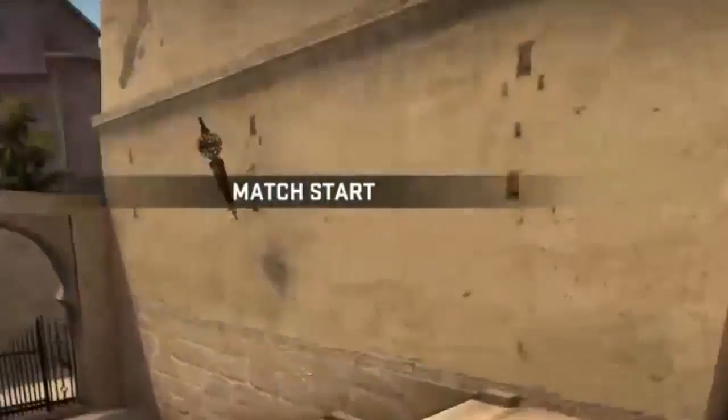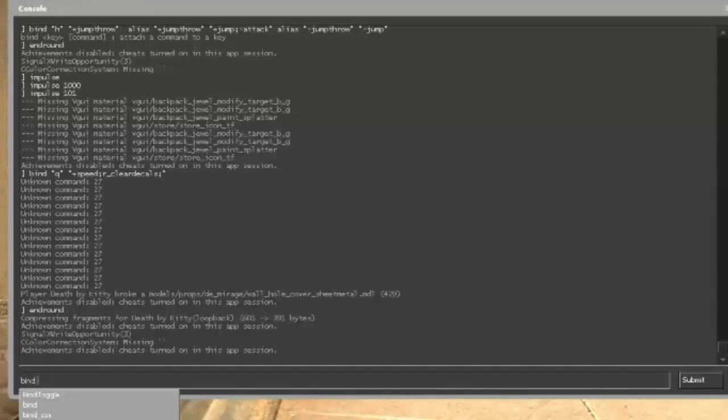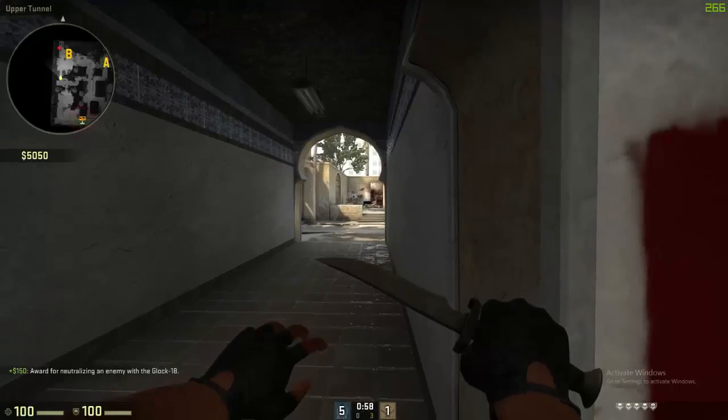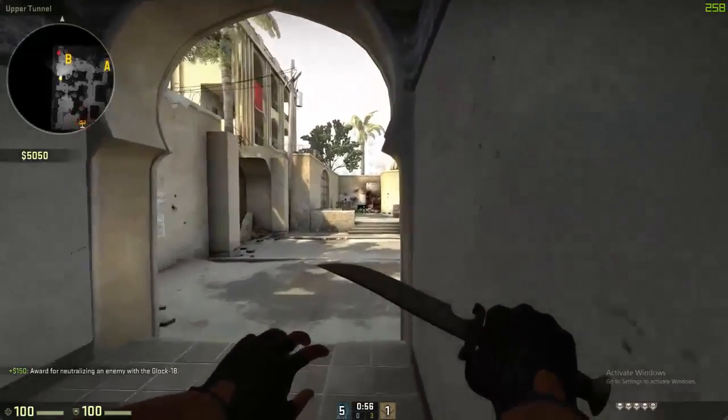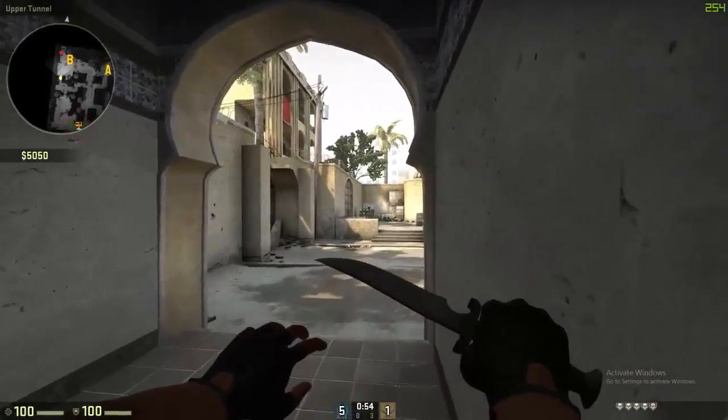Next command is binding shift to +speed, then r_cleardecals. Now if I use my command, boom, you can see him